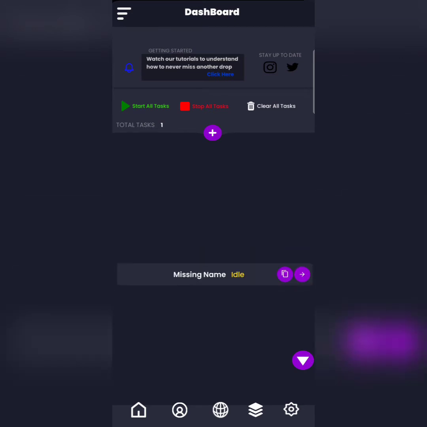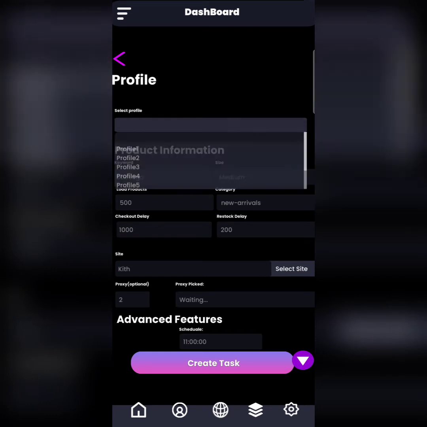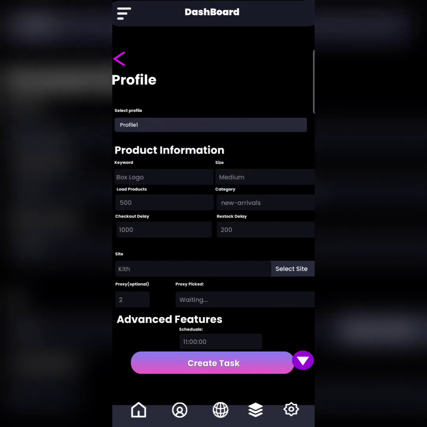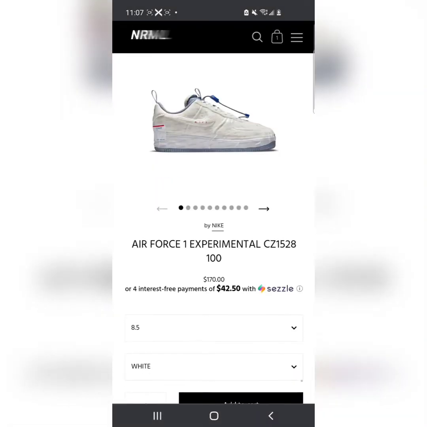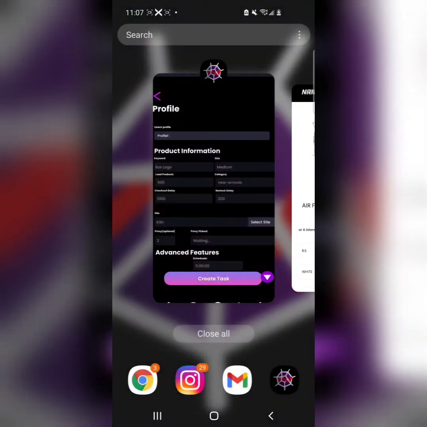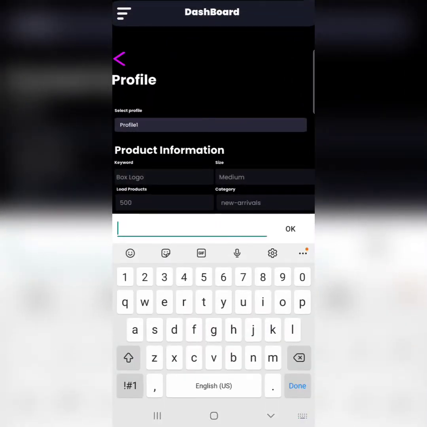So simply go on the task, and then you can either pick your profile. So I'm going to pick profile 1. You need a keyword right here. It's called experimental. That's the keyword of the product. So I'll put experimental. If you want to have more keywords, simply put a comma and then put your keyword. If one of those keywords is wrong, then it'll mess up the bot and you won't be able to copy